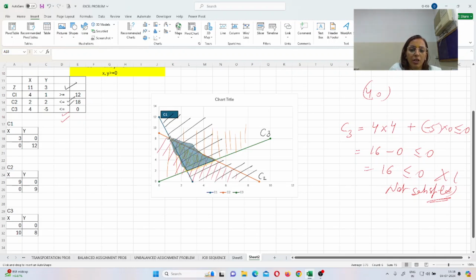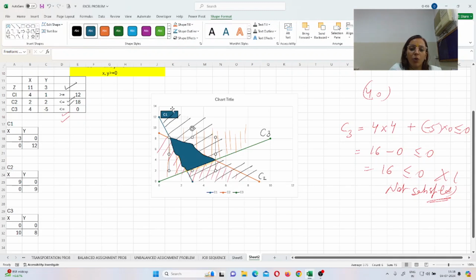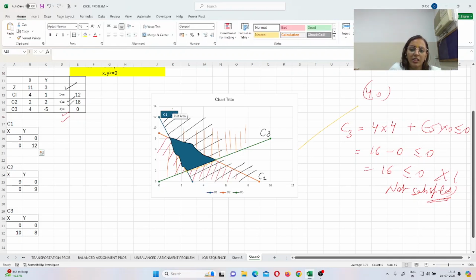Hope you are getting it. You can fill that area, and that is where you get the feasible location. It's not very clear, but it is like this point only. You make it and drag it in the simple way. So this area will be my feasible area, right? Feasible region, you can say. Right, now this is my feasible region.